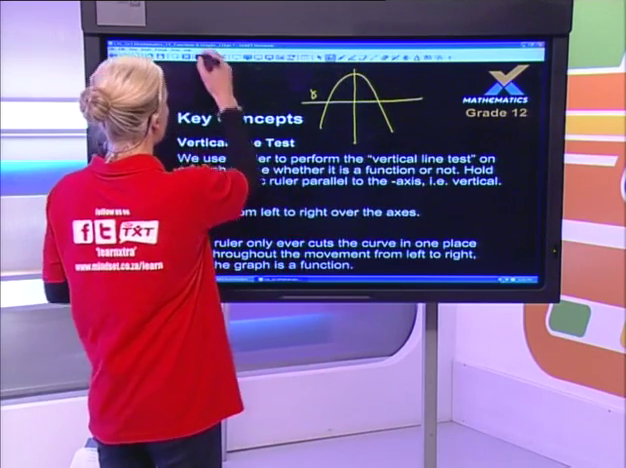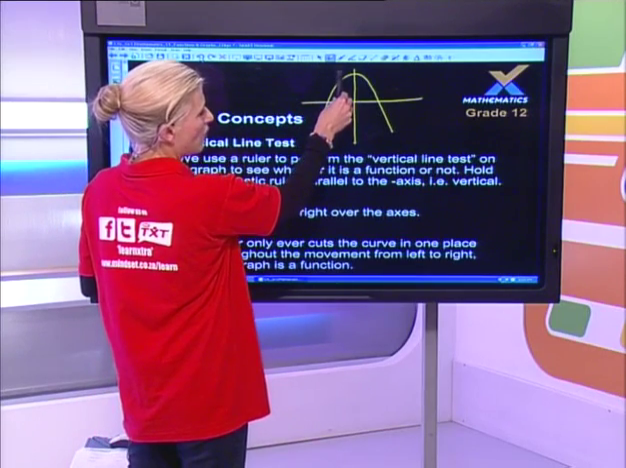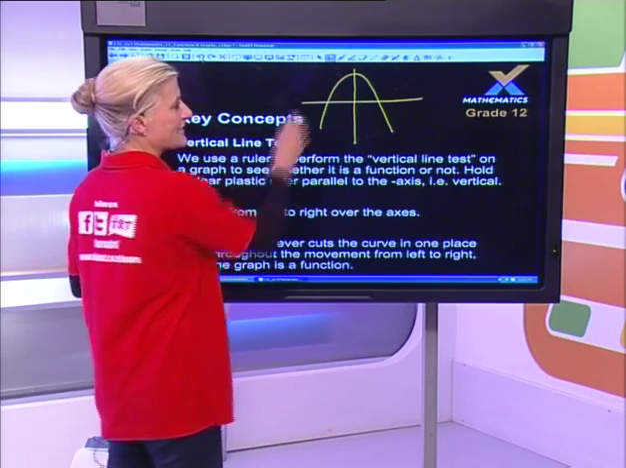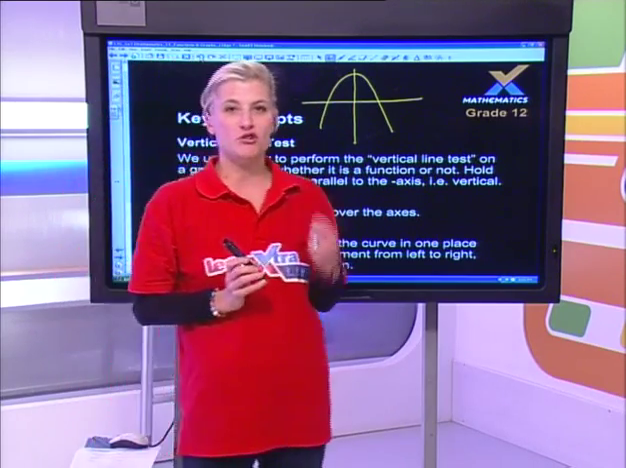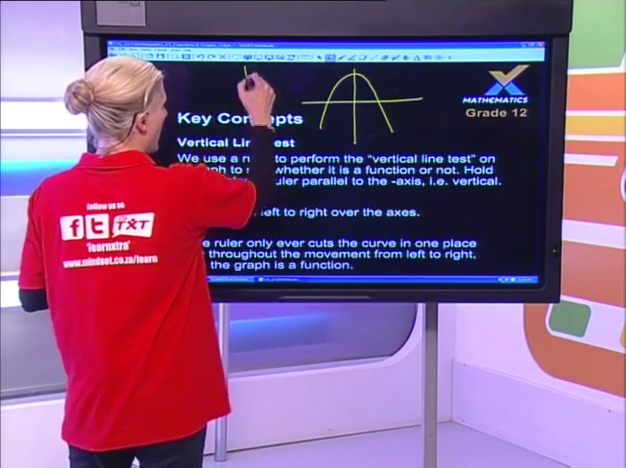So let's just do that. So at any given time you're parallel to the y-axis, and what needs to happen in order for this graph to be a function is that your ruler can only cut your graph once at any given time. What do I mean by that? Well,